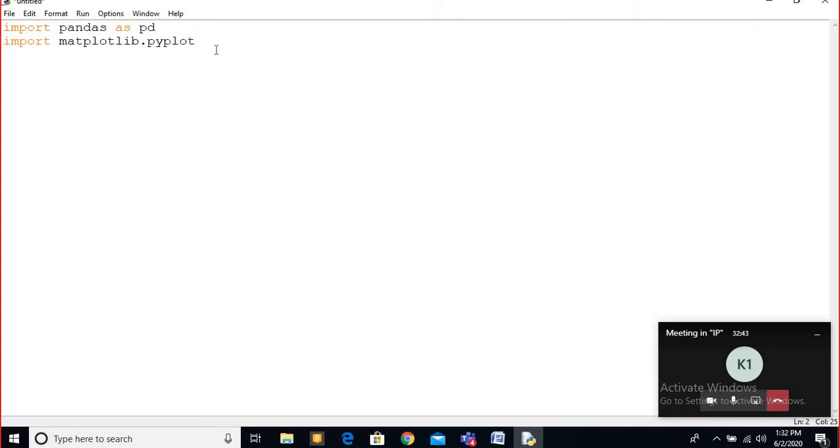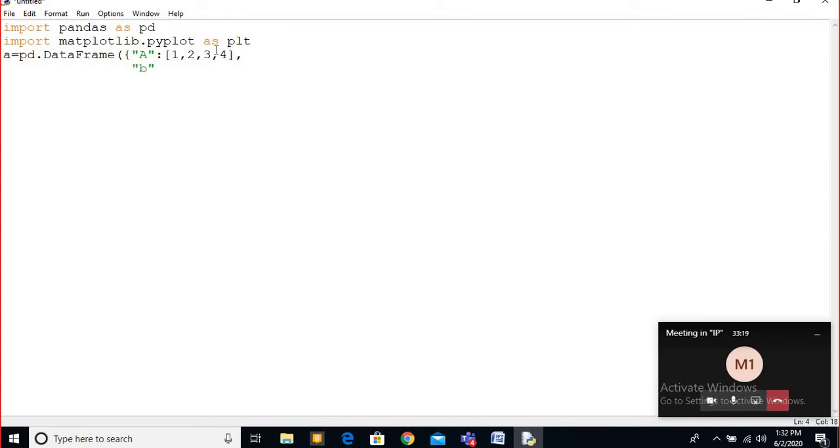Import matplotlib.pyplot as plt. So for the data frame, I'm just creating one simple data frame. A is equal to pd.DataFrame. Then we have column name, I'm giving A, then the values 1, 2, 3, 4.